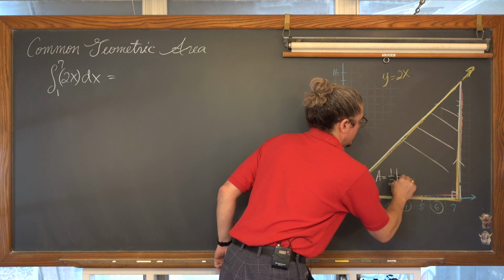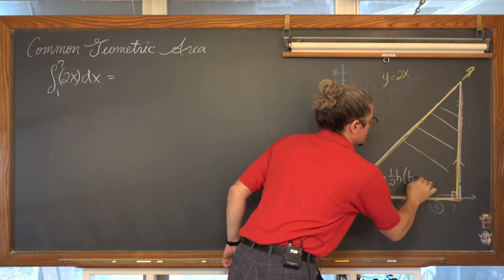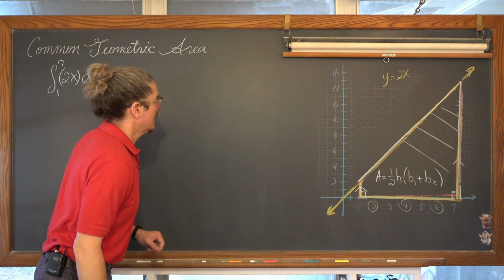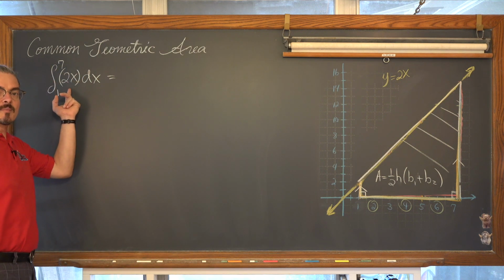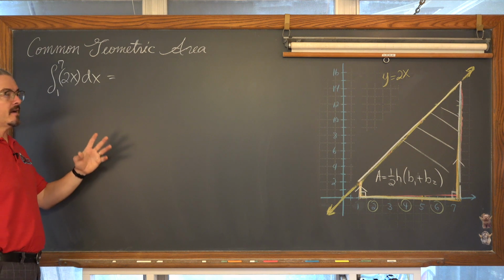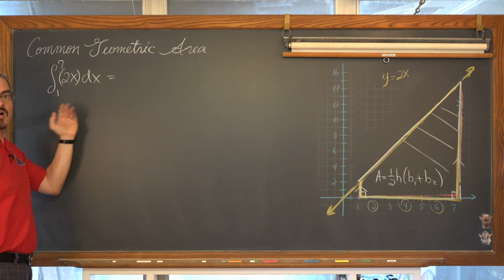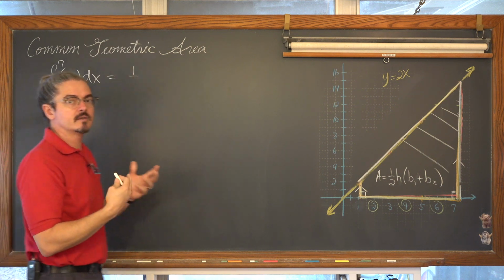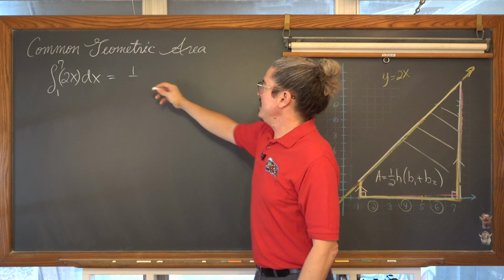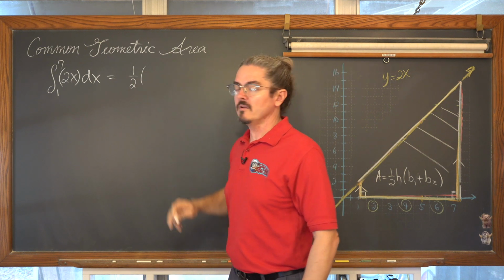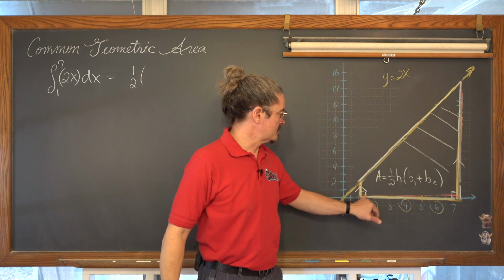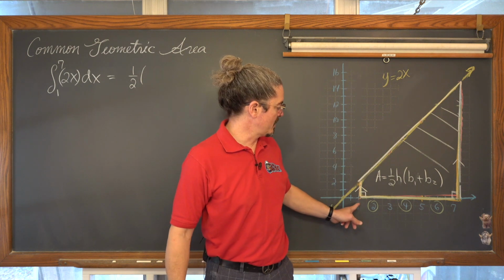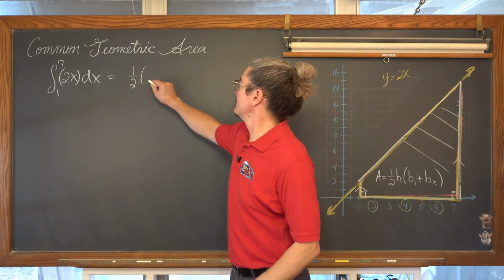is 1/2 the height times base 1 plus base 2. So with the recognition that we have a trapezoid here, it is perfectly viable, after setting up the definite integral using the proper upper and lower limits, to say that that's equal to, not approximately equal to, this isn't going to be an over or underestimated value. It's going to be equal to 1/2 the height. Well, that segment length between the two bases, those two vertical parallel segments, the length between 1 and 7 is going to be 6.